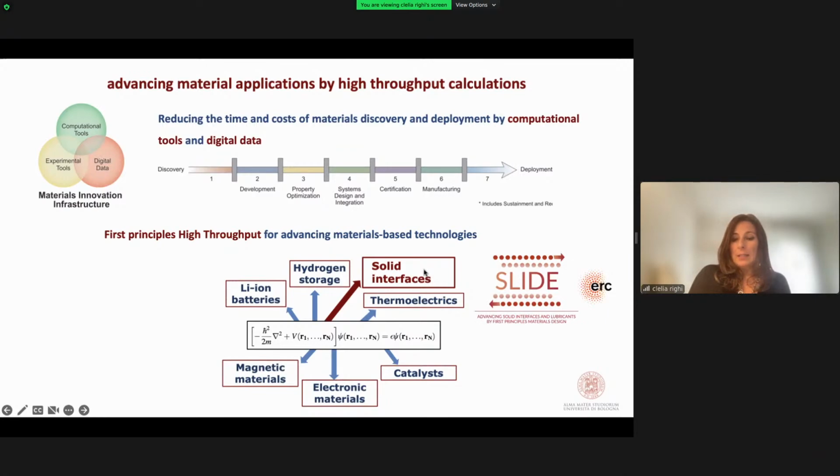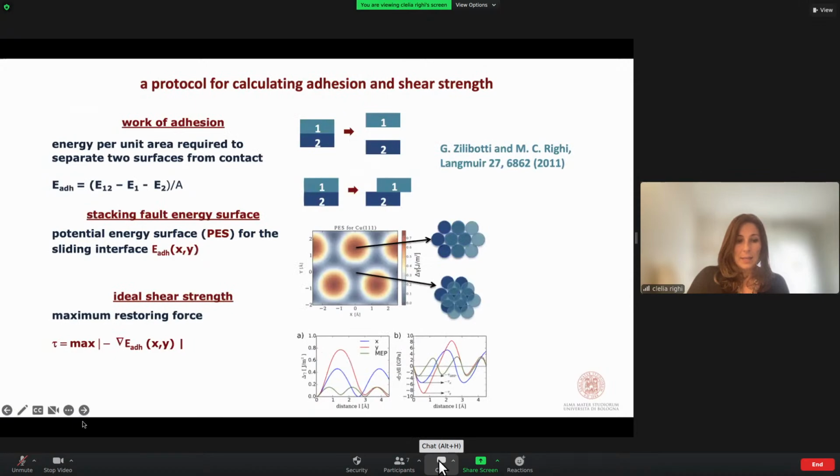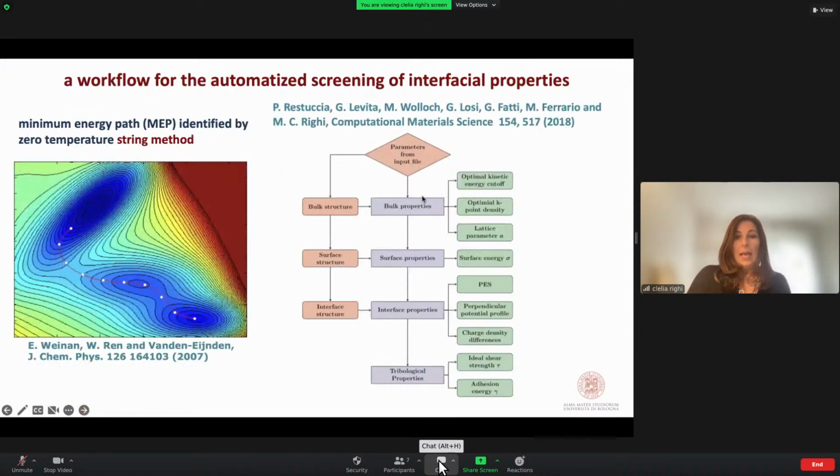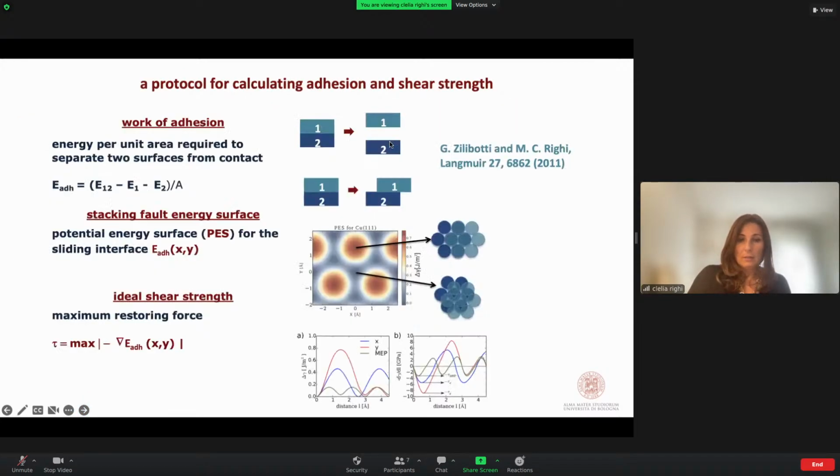So we have started this project even before my ERC started. We developed an initial workflow. First of all, I introduced a protocol to derive two important tribological